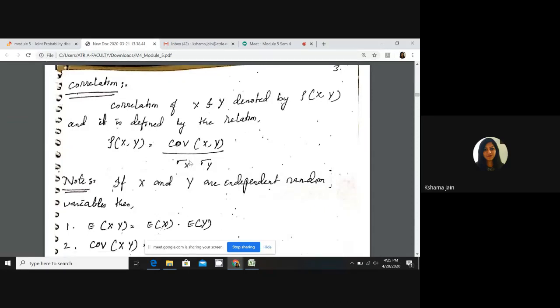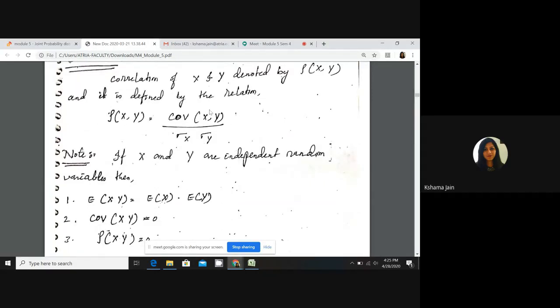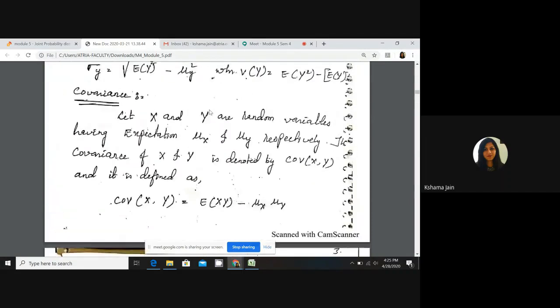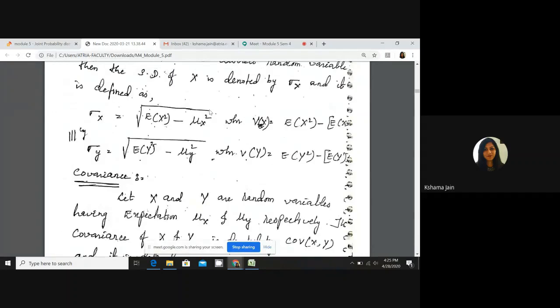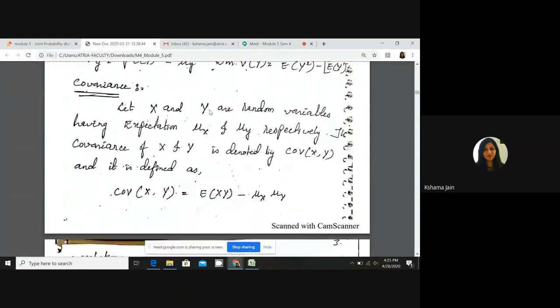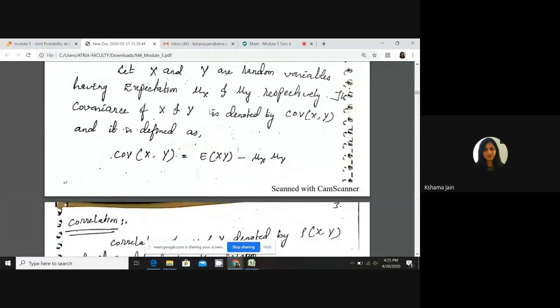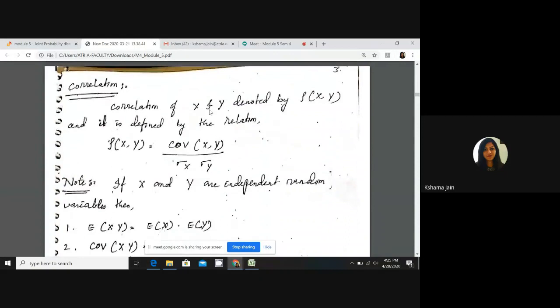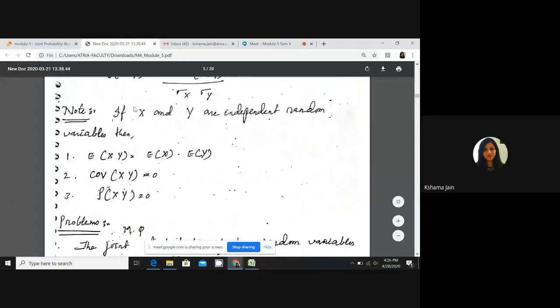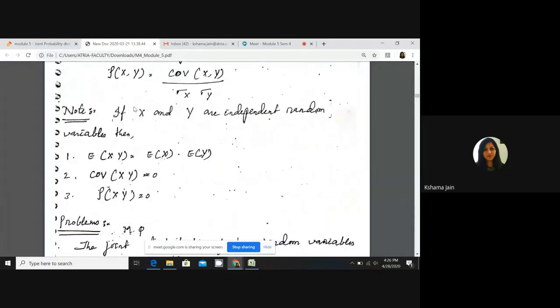So here are some formulas: expectation, standard deviation, covariance, and correlation, and all your questions are on these. That's it. If you remember these formulas, you can do anything, and if you don't remember, you can't do anything. These are the four formulas. Try to learn them, try to understand them, and if not, then mug them up. Questions on this topic will come out of these four formulas only.